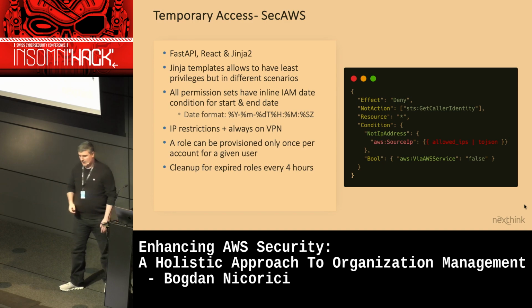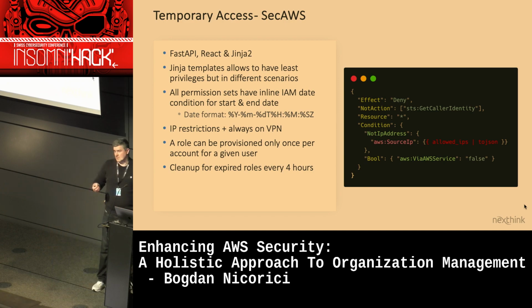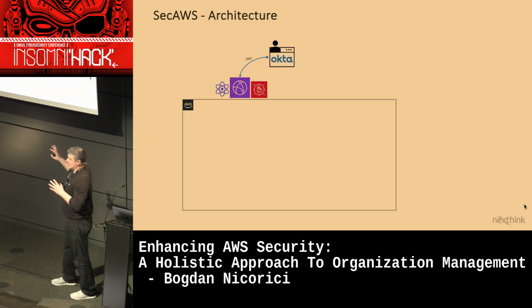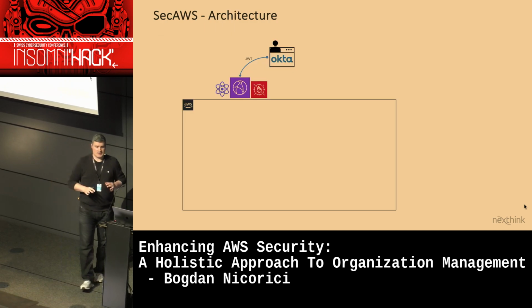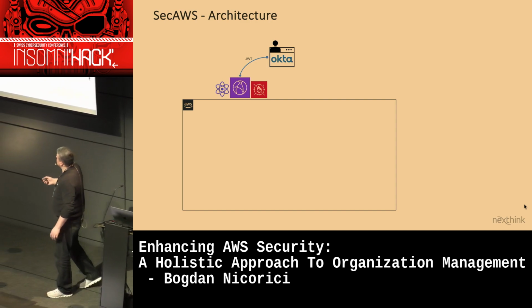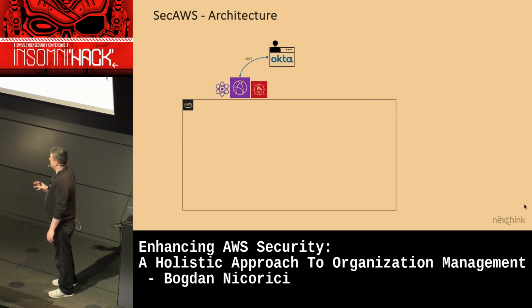And there's a cleanup that is done every 4 hours on the expired roles, but it's not necessarily for security reasons because, as I said previously, they're automatically blocked by the date. So the way we went with the tool to give the access was an event-based approach. The schema is terrible, but it just highlights how it works.